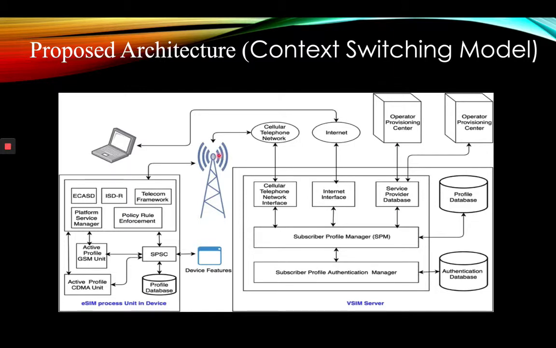The cellular network tower will connect to the cellular telephone network through the cellular telephone network interface, and the cellular network interface will connect with the subscriber profile manager, SPM. This side is considered in vSIM, so I called it the vSIM server. When any request comes through the cellular telephone network via the cellular telephone network interface to the SPM, then it controls